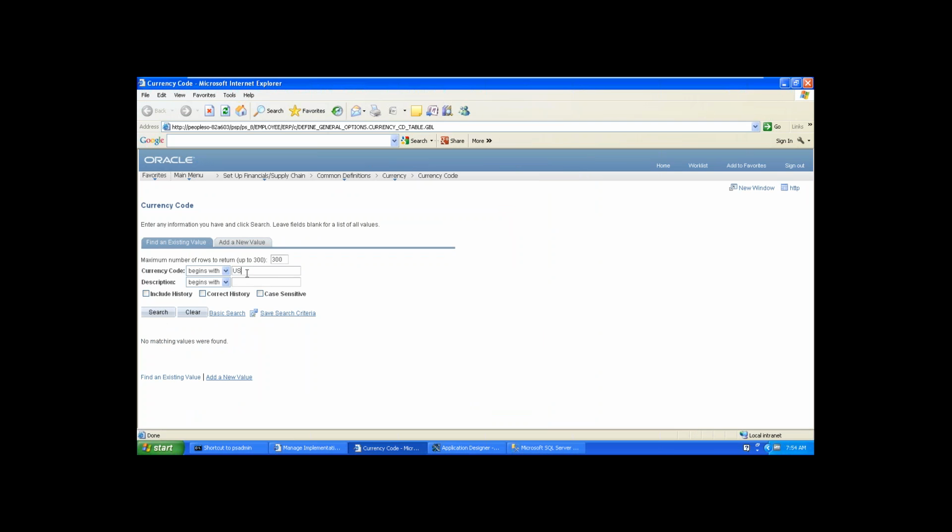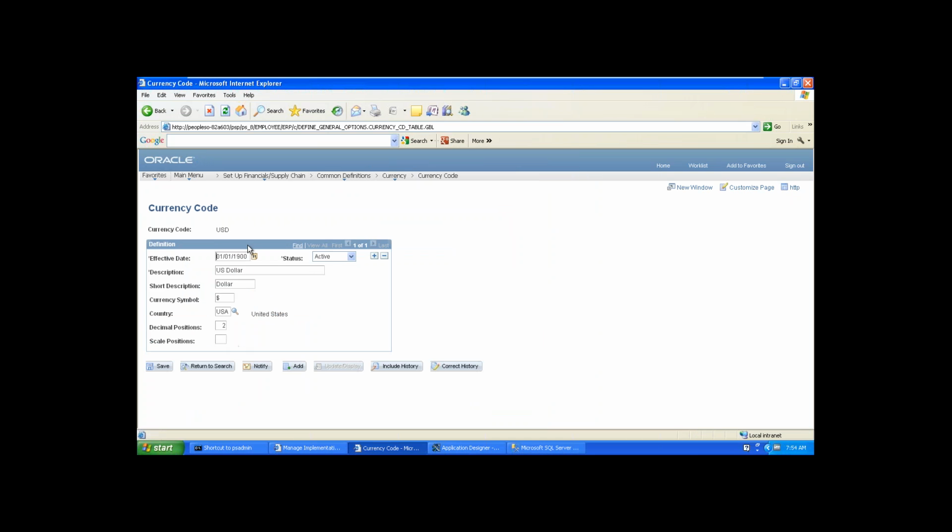This is the currency code, not the country code. This is one of the currency codes. And this effective date means what? When it becomes effective.